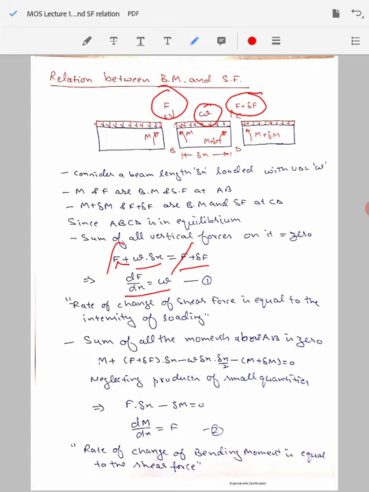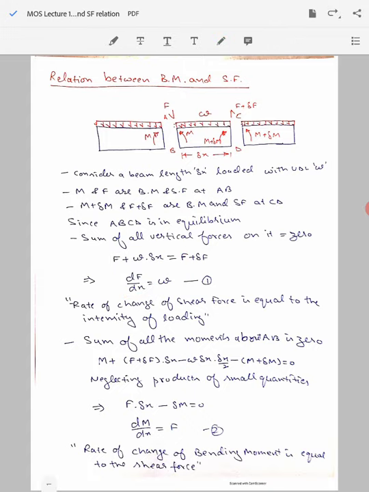Now because the segment ABCD is in equilibrium, the sum of all the moments taken about any particular edge, let's say about AB, should be equal to 0. So we start taking the moment about the edge AB. First force is shear force F; as it is acting on the edge AB itself, the moment because of it will be 0. Next is the induced moment M, which is acting in the anticlockwise fashion, so we put M here in this equation. Then there is another moment, also anticlockwise, because of the shear force F plus delta F, which is acting at a distance delta x.